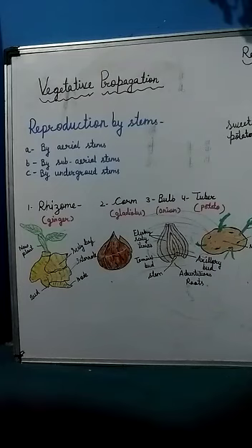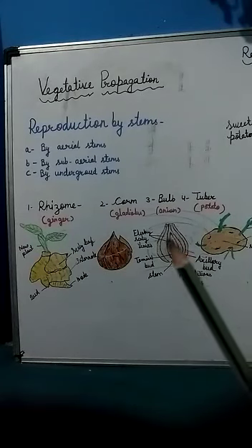Okay? So they store food material and become fleshy and bulky. They show venation. They act as organs of vegetative propagation, and they are protected from herbivores by being present in the soil. By the above functions, the underground stem modifications are also called multi-purpose stem modifications. Based on the growth pattern and the parts which store food material, underground stem modifications are of 4 types: rhizome, corm, bulb and tuber.